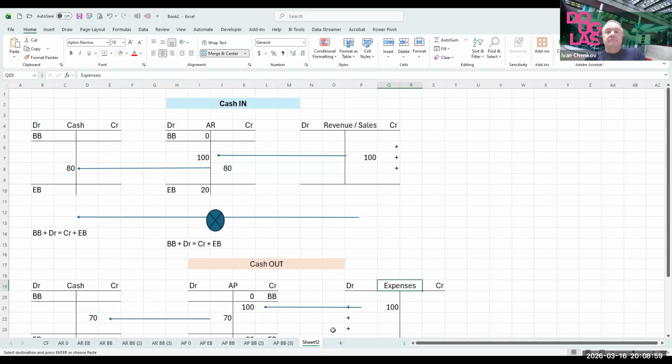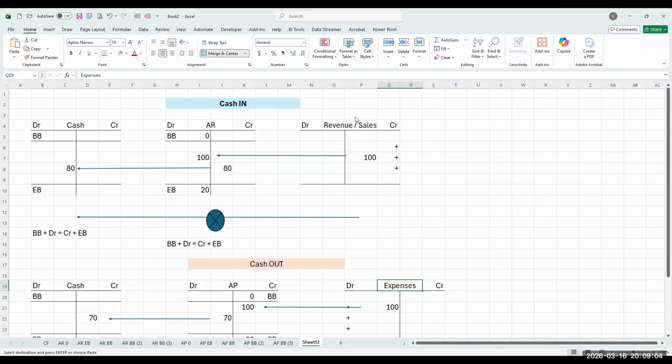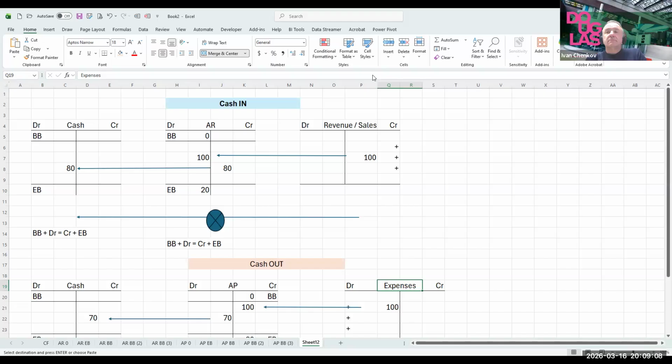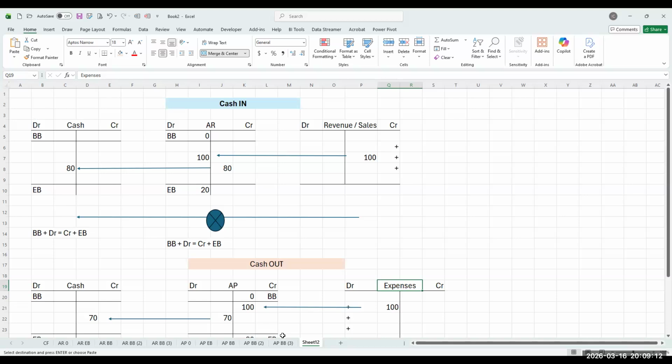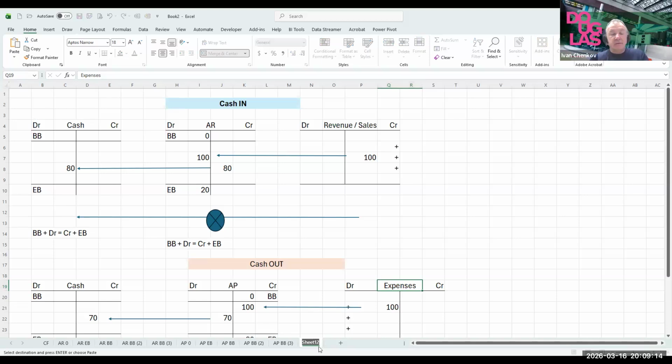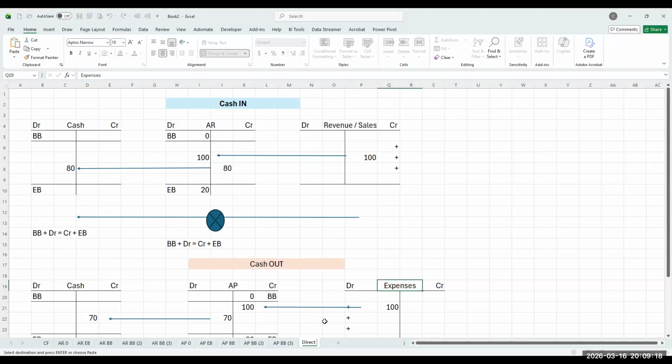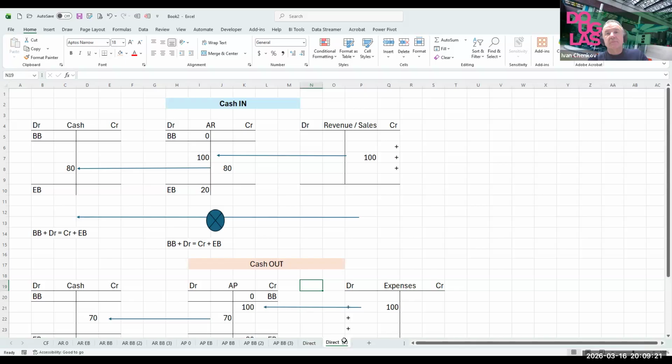All right. Let's go back. Can you upload that onto Blackboard and tell us, like, the cash in is the direct method while the cash out is the indirect method? Okay, so this one is the direct method, direct, and an indirect, it's going to be,